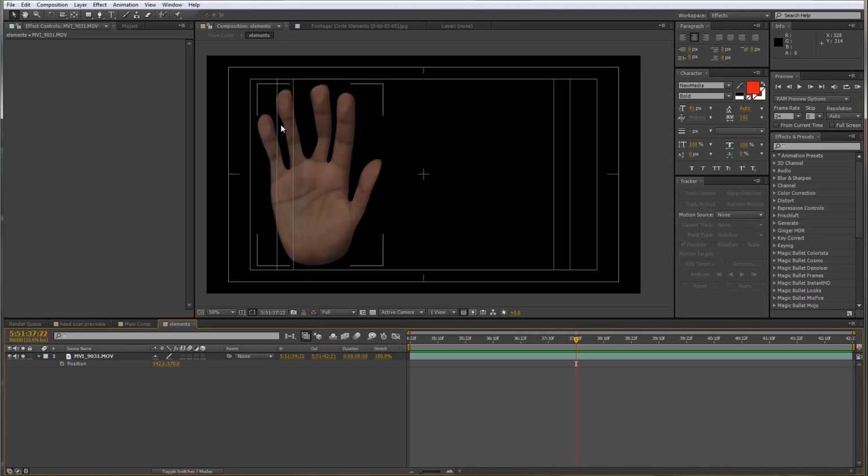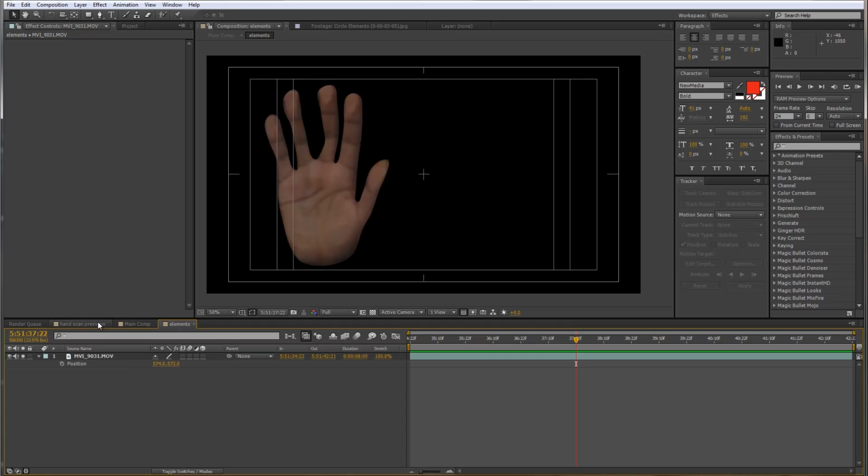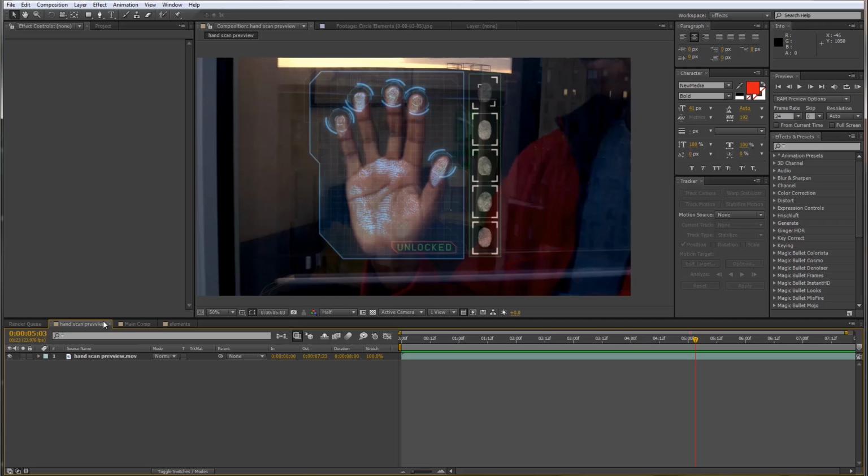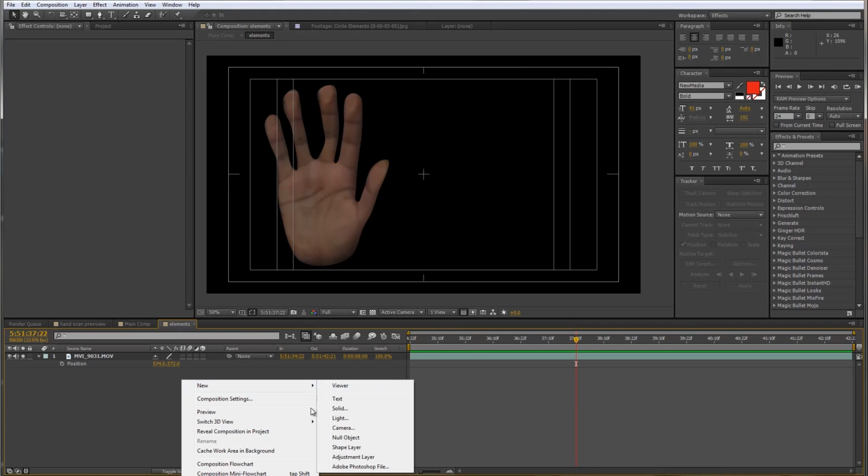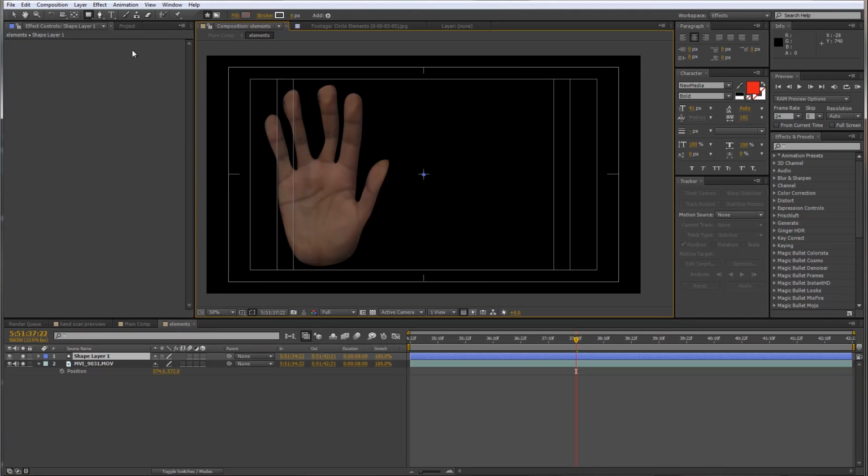And I'm going to use this traced out hand as a guide to draw the rest of the elements around. And this will make more sense as we move along with the rest of the tutorial. Let's go back to the preview just a second, and this blue element, that's what we want to start drawing up now. I'm going to be doing this using a shape layer, and let's get the pen tool once again, and I'm just going to start drawing a shape around the hand here, and I'm holding shift to draw straight